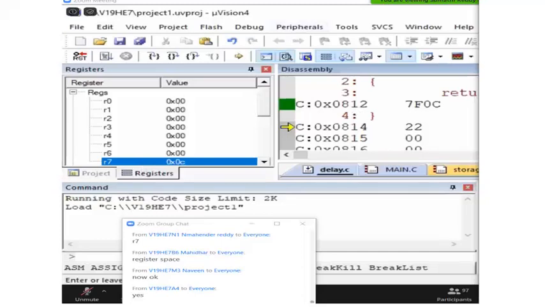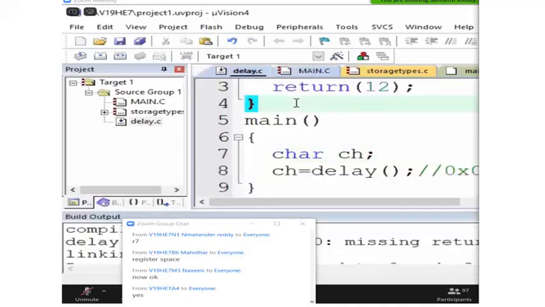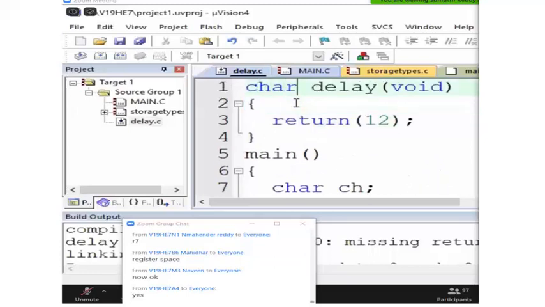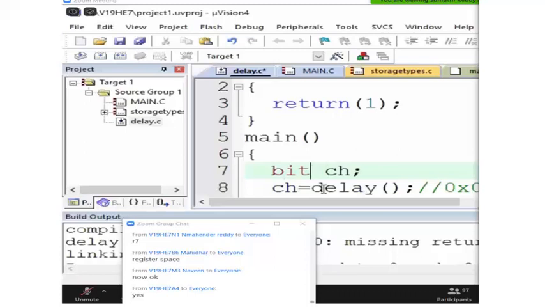But if my return type is bit, because this will allow you to return a bit also. Here let me take bit and I'll return only 1, because bit means it is 0 or 1. So let me collect it with this.